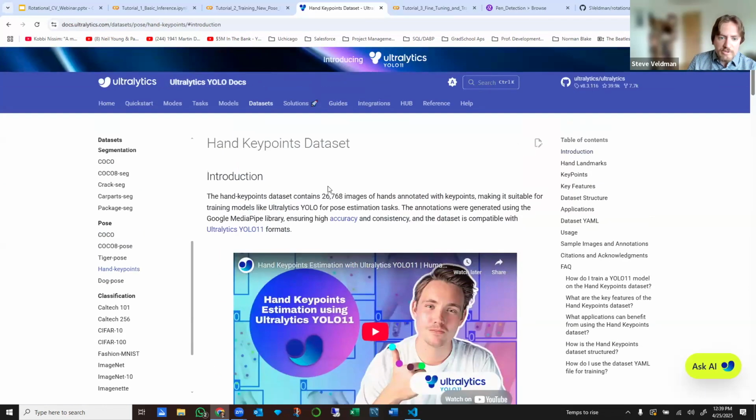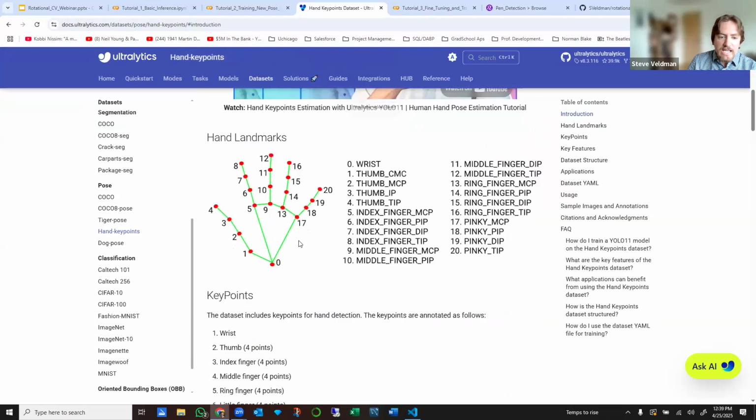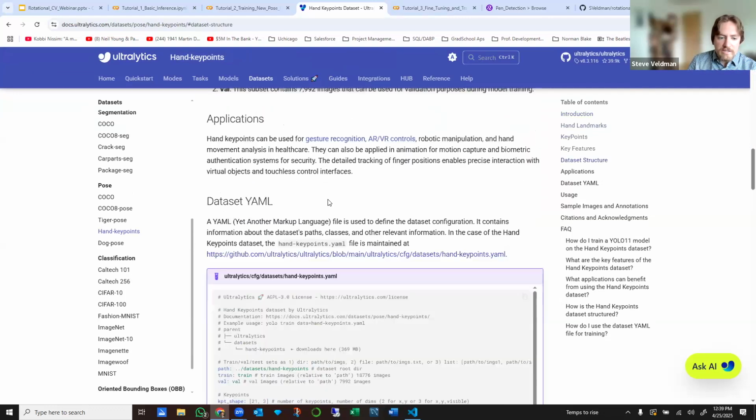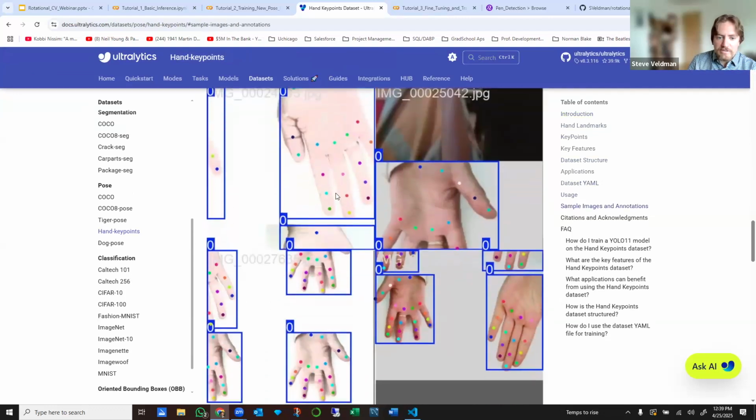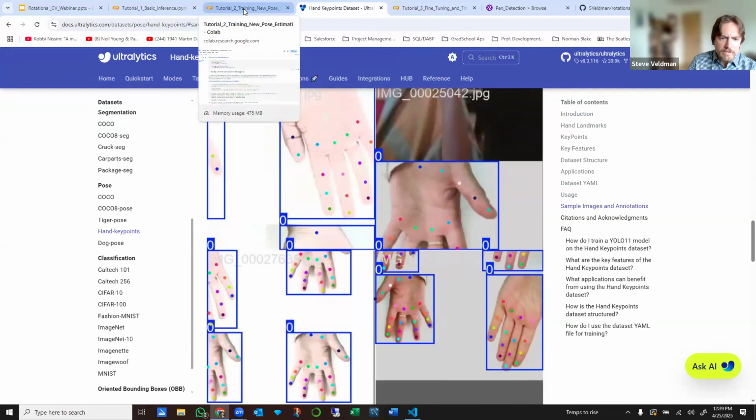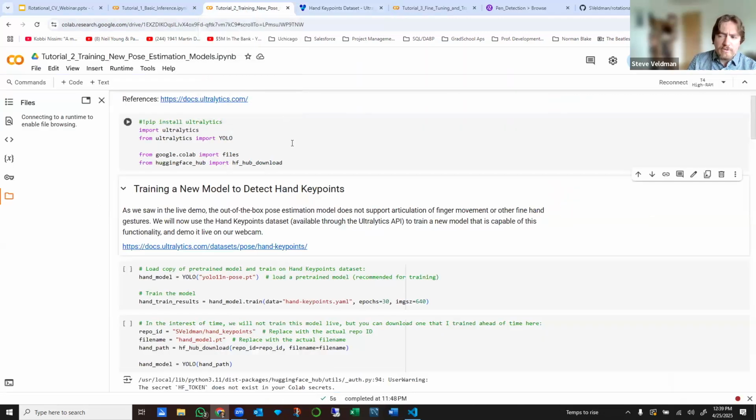In this case, someone put together a data set of about 27,000 images of hands annotated with the key points on the human hand. We're going to use this data set, which looks something like this, to train a model and see if we can get it to do what it's supposed to do. To be absolutely clear, there is no out of the box pre-trained model for this task. The API provides a data set for you to play with, but